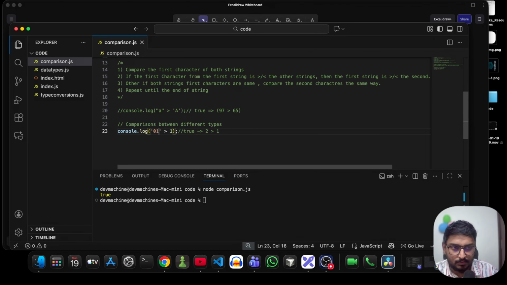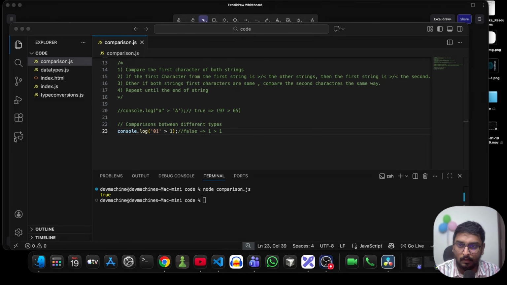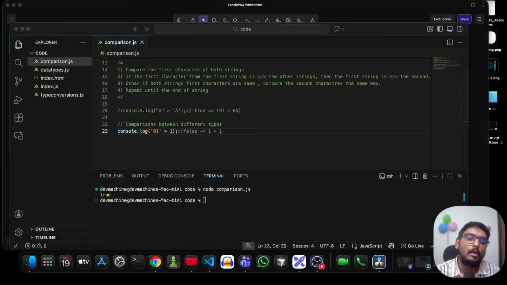If I say the string 0 1, in this case it would be 1 greater than 1, so it would be false. So when you are using these comparison operators, when you have a string and a number, if the string consists of only numbers, that's what I meant, then